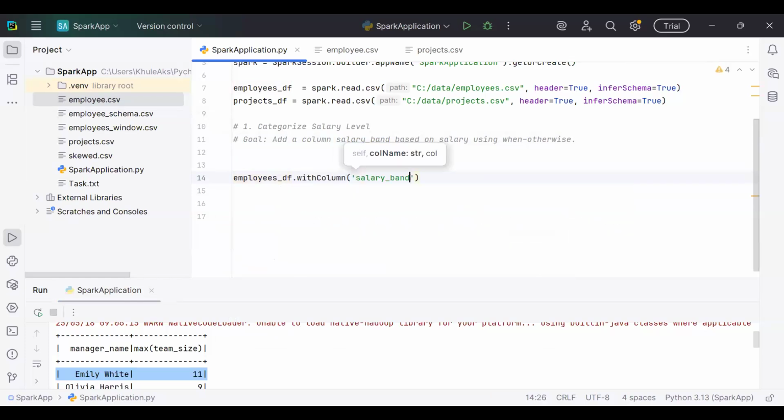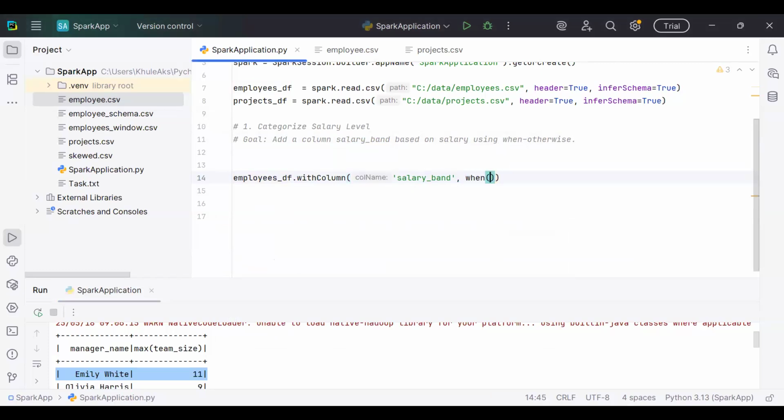Whenever the task is to create a new column, withColumn is the function that you need to use. Salary band is of course the name of that column. Now, on what basis do you want to populate data in this column? The answer is